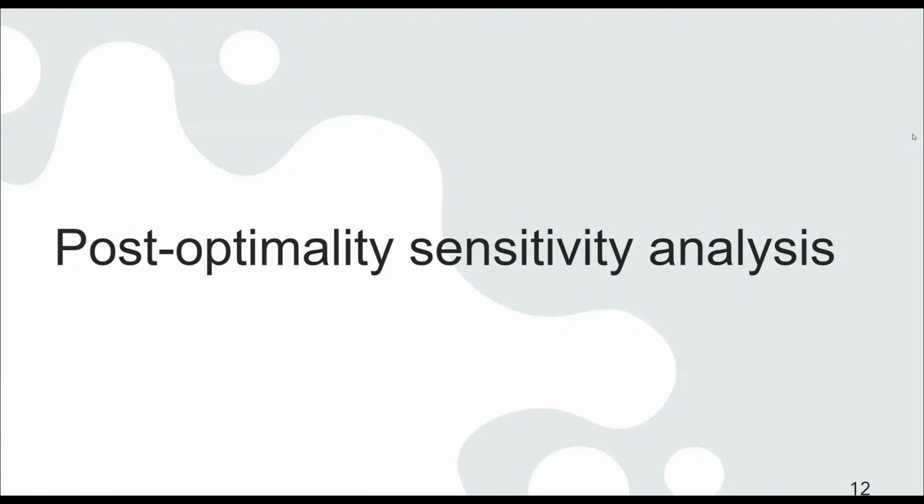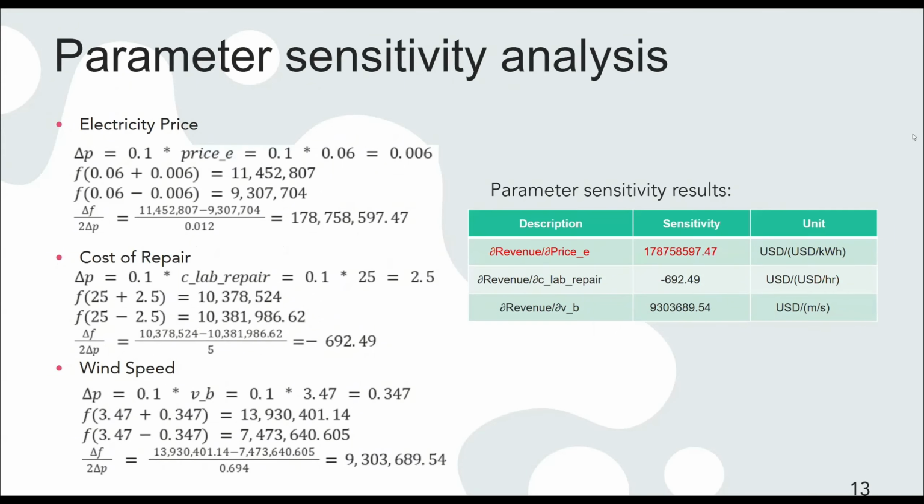Then we can compute both parameter and constraint sensitivity coefficients. We test three key parameters: electricity price, cost of repair, and wind speed. According to our results, the parameter with the smallest perturbation had more significant variation in the objective function than those with larger perturbation. That is, the electricity price is the most sensitive parameter for the global objective function, which is